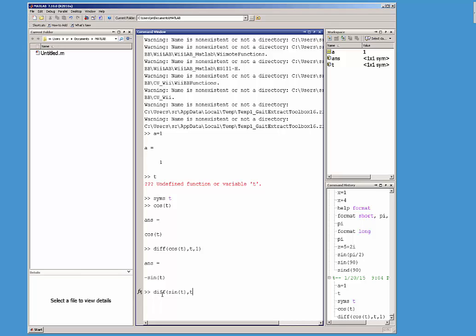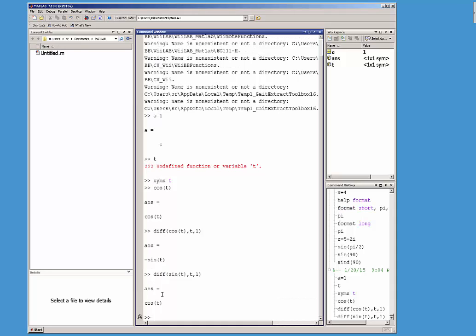T is the variable that we want to differentiate with, and I say 1, and it became cosine t. So MATLAB actually does not know the value of t, but it performed a symbolic manipulation, a symbolic operation